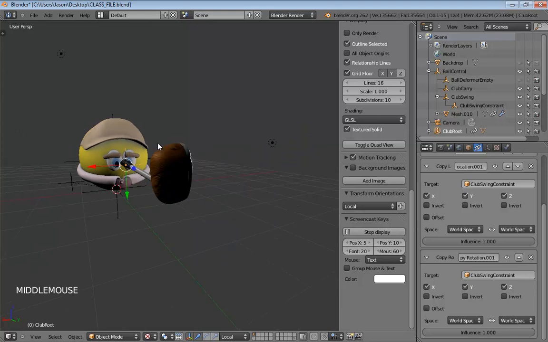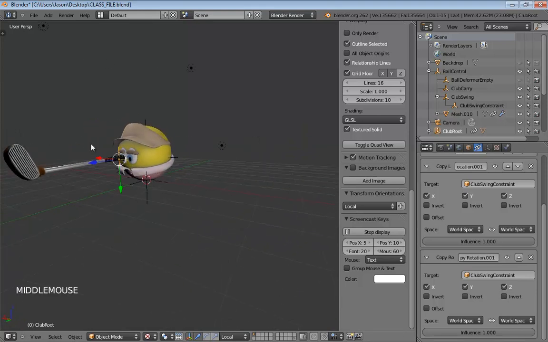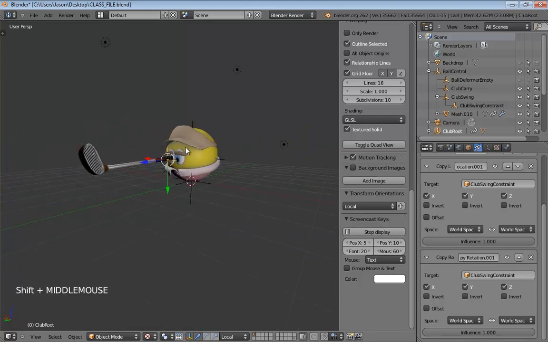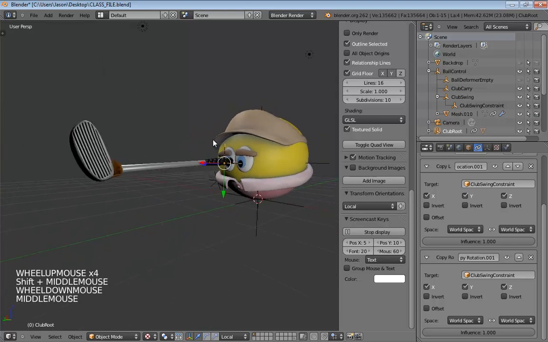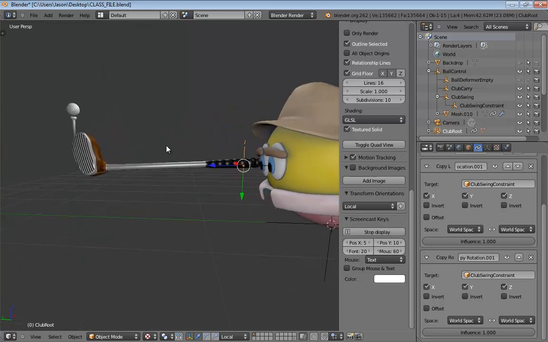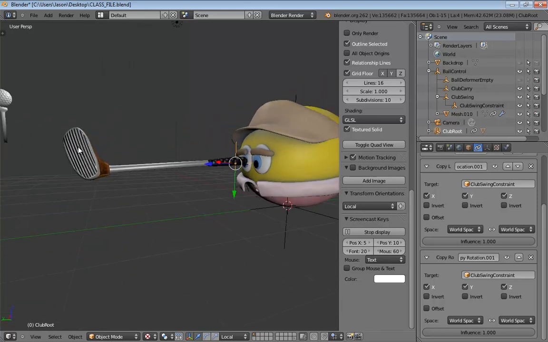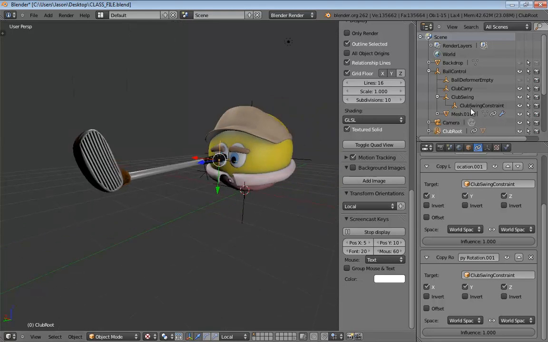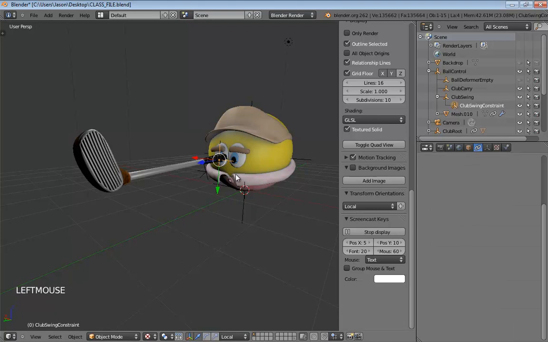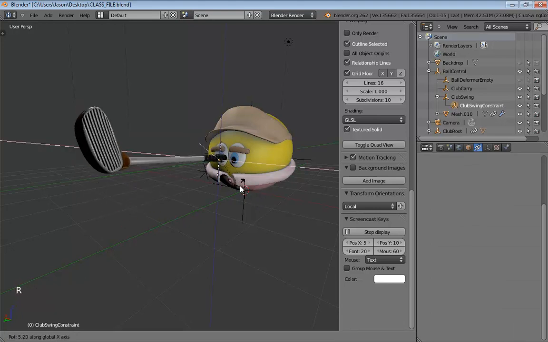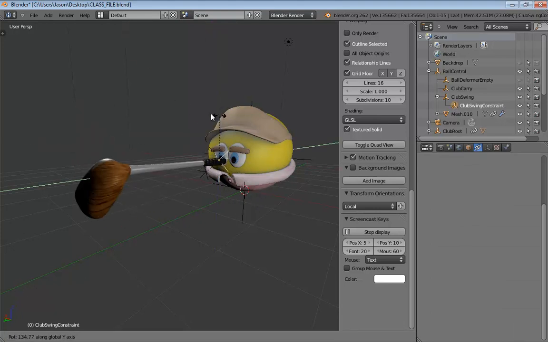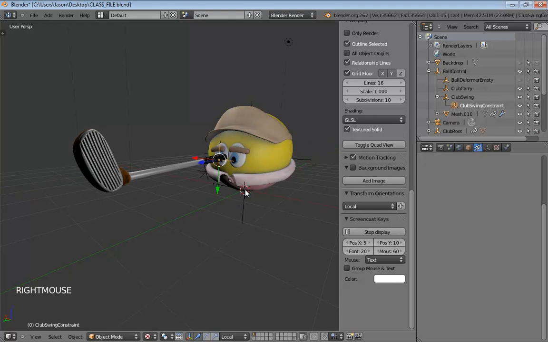Okay, now at this point, it's a good idea to double check and make sure that your club looks pretty much like this. You want it to be pointing straight out from the character, and you want the head of the club to be oriented such that he could hit a ball. What I mean when I say that is if your club swing constraint needs to be rotated a little bit, it's a good idea to do that. Now, in this case, I would only need to rotate it on Y, but if your club is oriented like this or something weird, you want to spin that around so that it's facing dead forward. That's what you want to have happen right now.